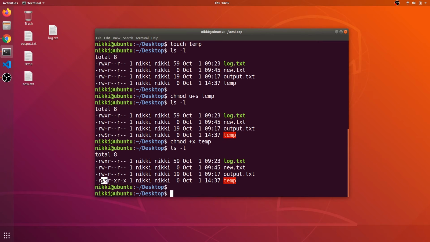So we have the small s, which means we can run this as the owner of that file, which is Nikki. If any other user like Nikhil2 uses this binary, they will run this temp binary as the Nikki user. So if any binary has the set user id bit set and is owned by the root user, then that binary will execute as the root user when run by any other user. This leads to some privilege problems, so we will discuss that later.